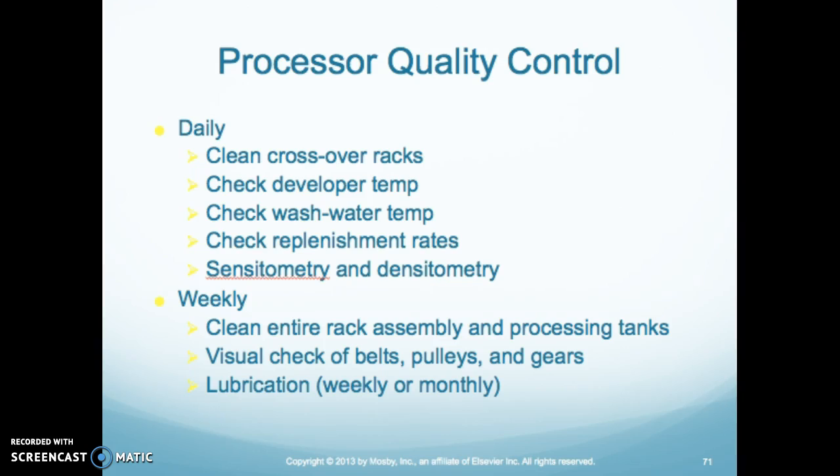Quality control. It's really important that you take a look at your quality management book. In the quality management book, we have chapter 4, which is film processing, chapter 5, which is processor quality control, and chapter 6, which is your silver recovery. So those are the 3 chapters within your quality management book that you will want to take a look at, along with looking at your Carlton book on film processing, along with Bouchon. Okay,